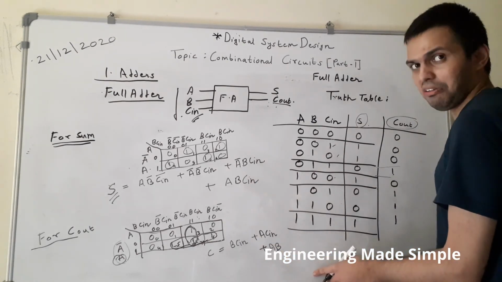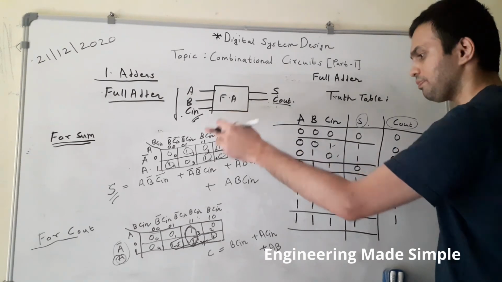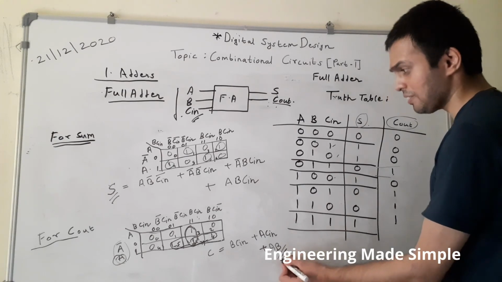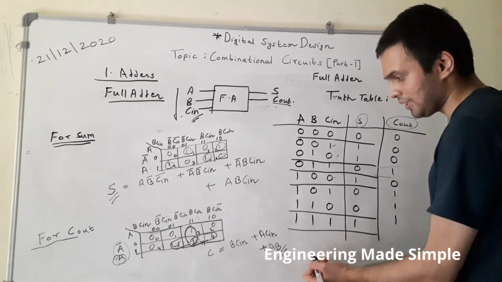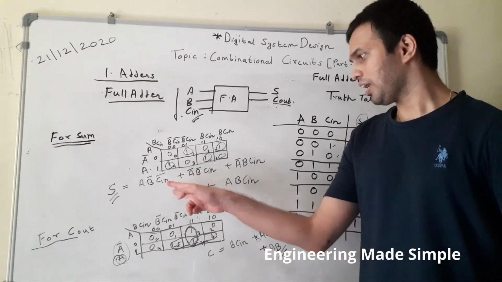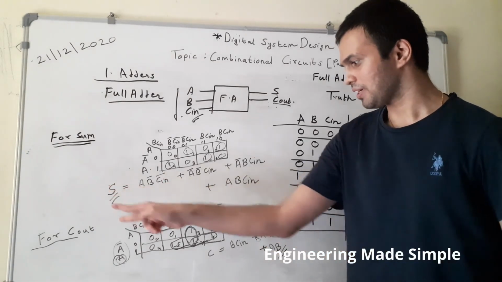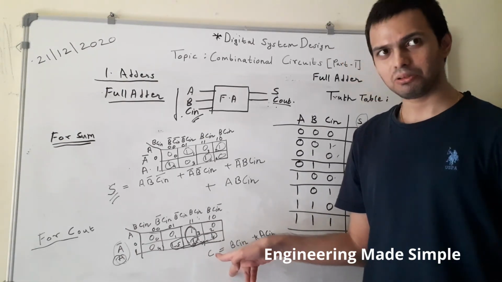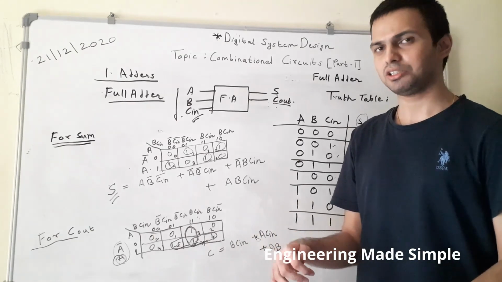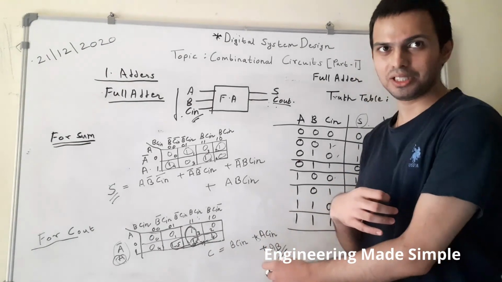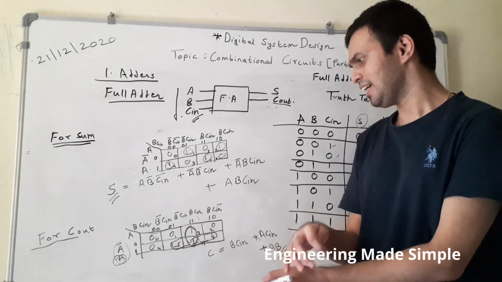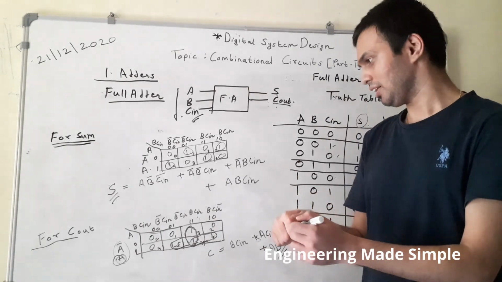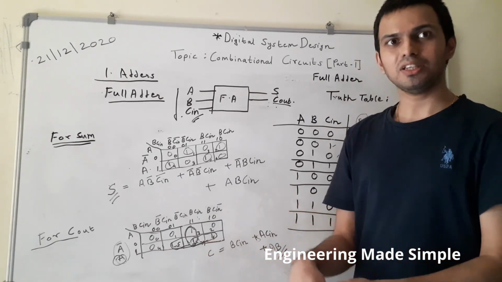So this is our full adder circuit which is used to add 3 bits and generate these outputs. Now as you have the equations, you can implement the circuit using basic gates, that is AND, OR or NOT gates. For the full adder, I have derived the equations for sum and carry by solving the K-map and drawing the truth table. You should be able to implement those using basic gates and using NAND and NOR logic respectively. I am not showing the implementation over here because I have shown the implementation for the half adder. It is similar. Now you should be able to draw a combinational logic circuit whenever the equation is given. So that's all for today's class.